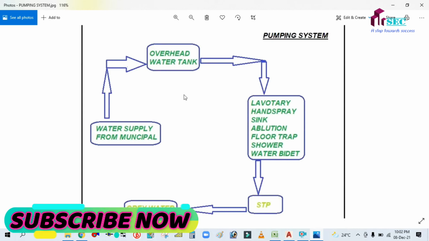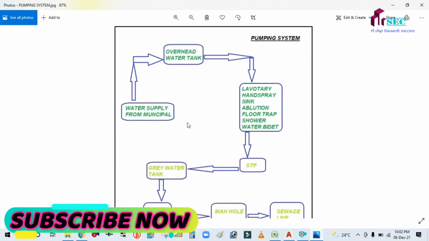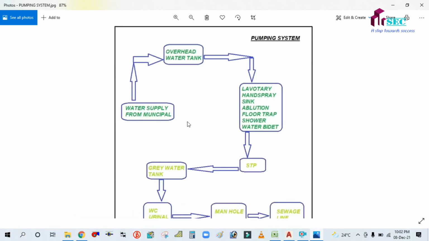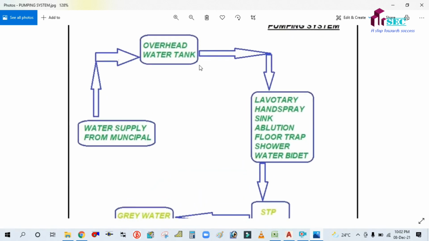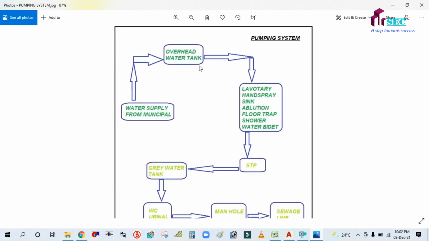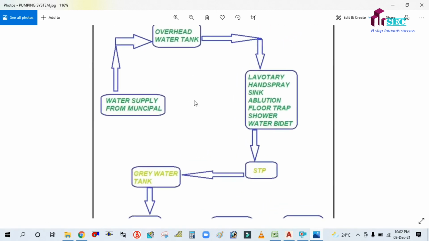Next class we will learn water supply pipe sizing. So cold water, grey water and hot water pipe sizing, hot water supply pipe sizing. We'll see in the next class,